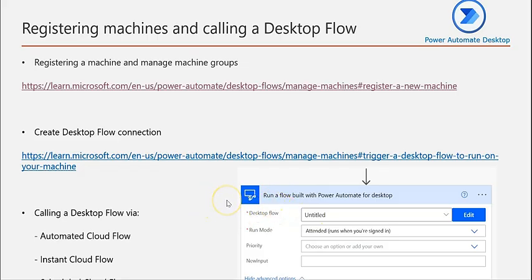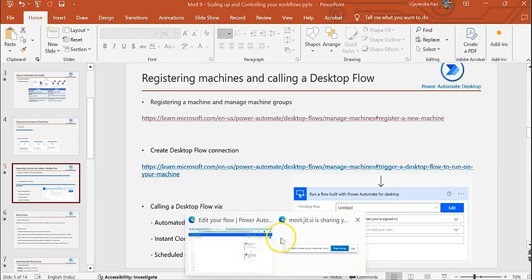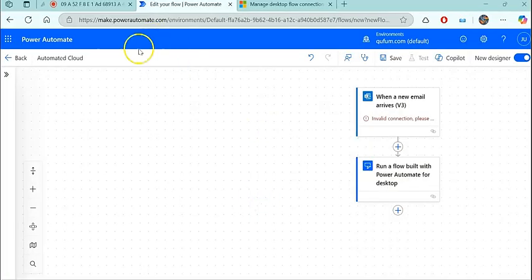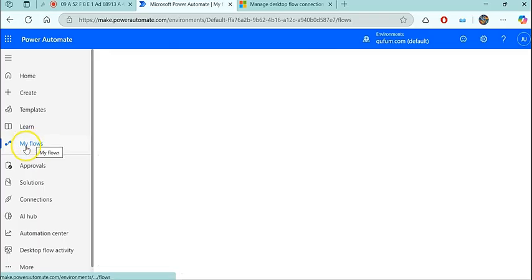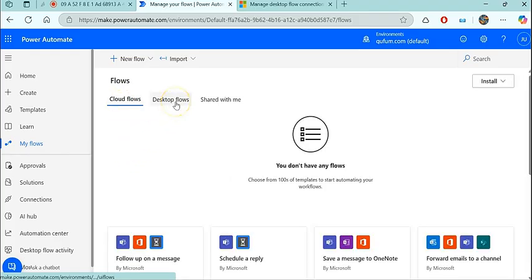Okay, so the one that I showed you now was an automated cloud flow. An instant cloud flow is simply one where there is a run icon, a play icon, and you start from there. So I'll go back to my list of flows. In my flows, I should be able to see all the flows that I have built in cloud, whereas there is another tab for desktop. Okay, I don't have anything for cloud flows, but if I go and create,